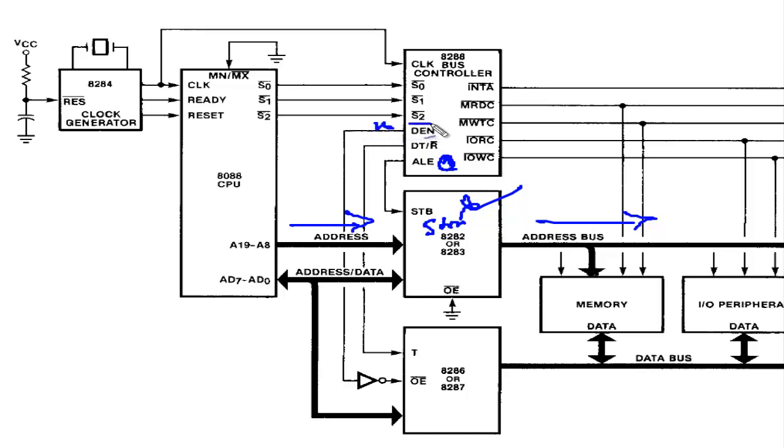It is actually DEN with a bar on it, it's missing here, so it is an inverse. So this pin decides the transceiver, okay? We have the transceiver here. This gets activated using the data enable. So if it is low, if it is 0, because 0 inverse is 1, so that means, because this is the complement of it, so 0 inverse. So if the data enable pin is 0, that means the transceiver gets enabled,